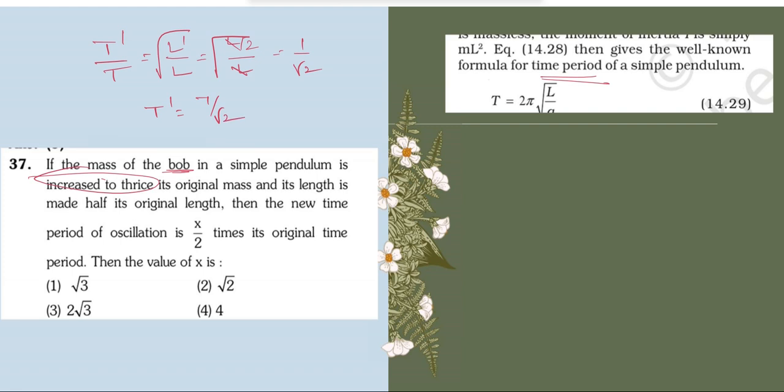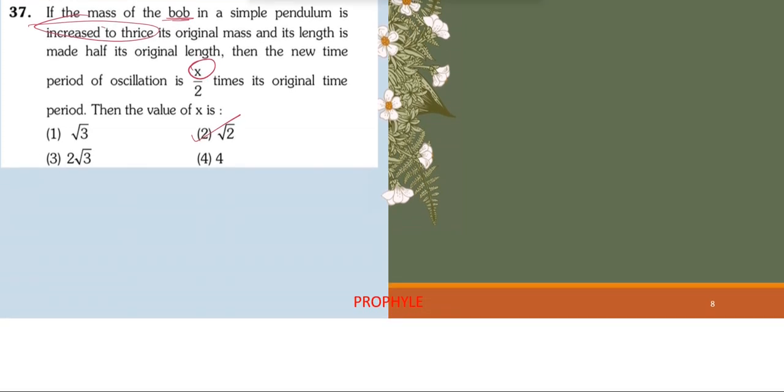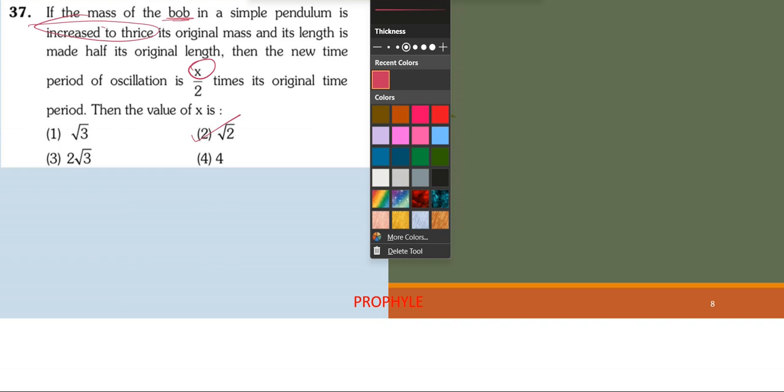But they gave the answer in terms of 2. So that's why I'll multiply numerator and denominator with root 2. So this will be root 2 by 2 into T. So the x value will be root 2. So this is also, if you know this formula, from that you can solve this very easily. And similarly,